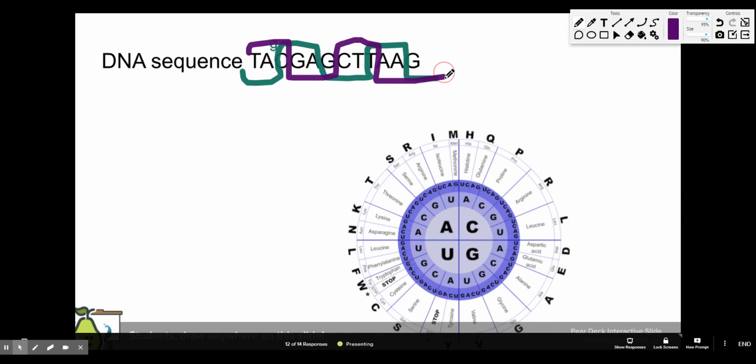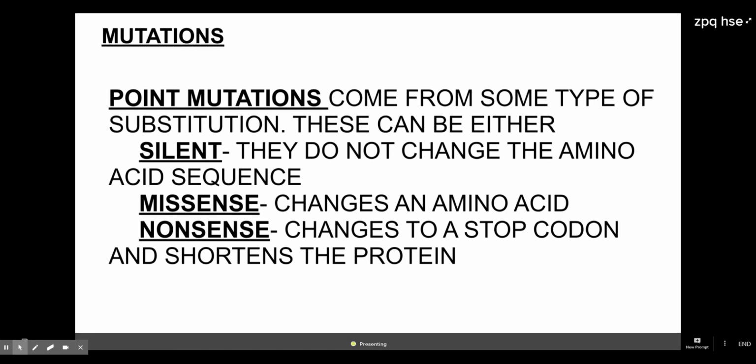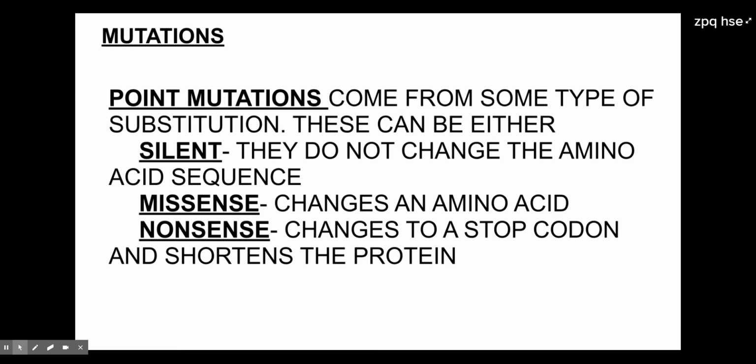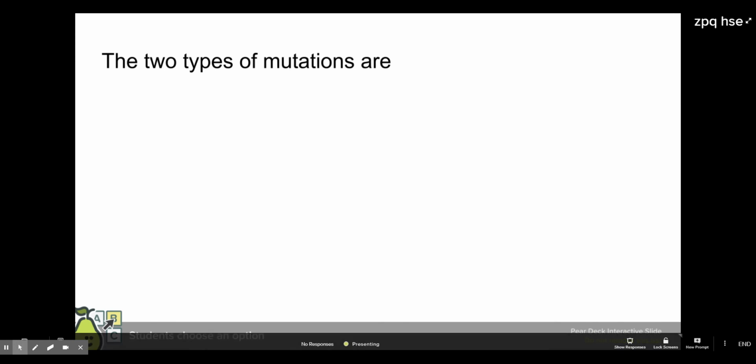So everything downstream from that insertion or deletion is a different amino acid. And this can be really profound, but it also can create a protein that has some novel characteristics, or allows the organism to do things that others couldn't. Now, it can also happen that you have 3 nucleotides inserted or removed, in which case it's a frameshift mutation, but all it does is result in one amino acid being taken out or put in. All right, so the 2 types of mutations are,